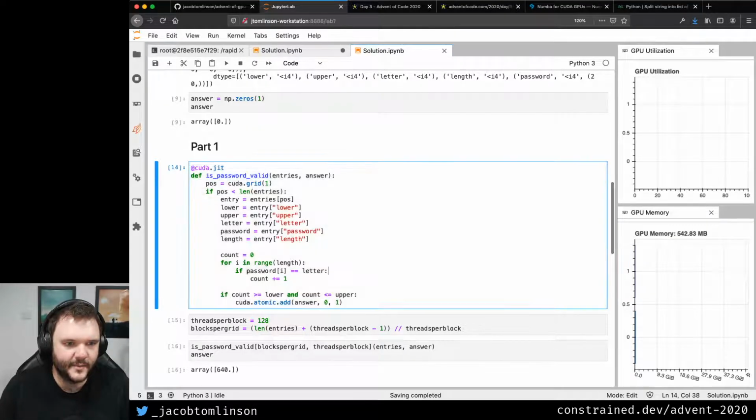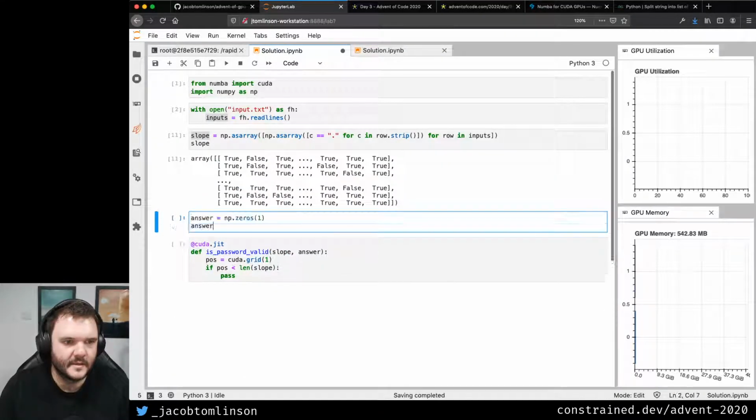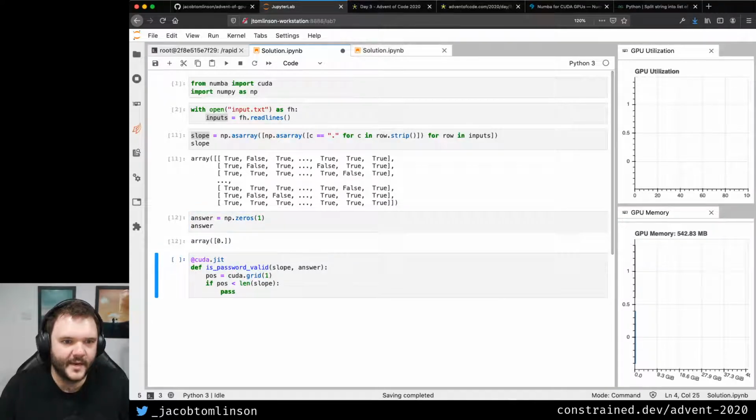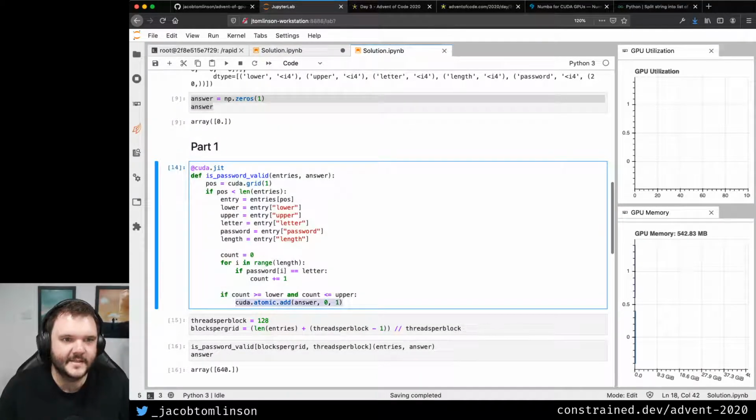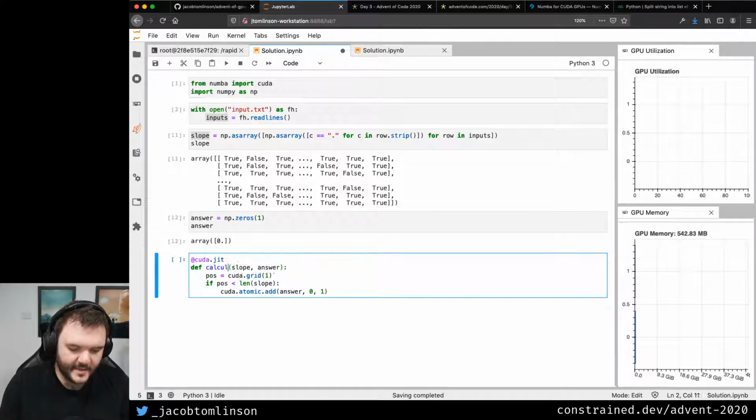I'm also going to take we had this like answer array, which is just an array with 0 in, and we did atomic adding to that answer, so we're just going to take that in. So we'll do slope and answer and calculate trees,